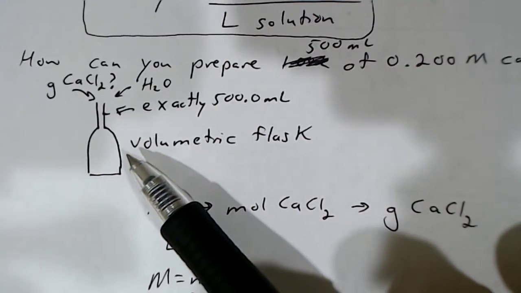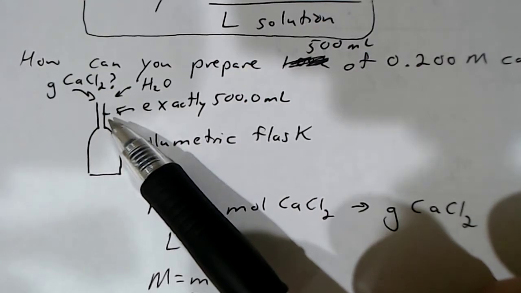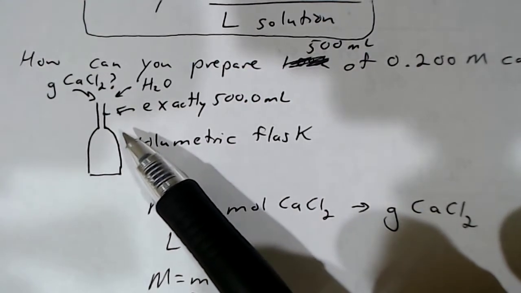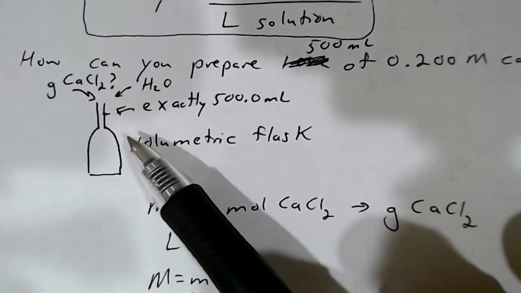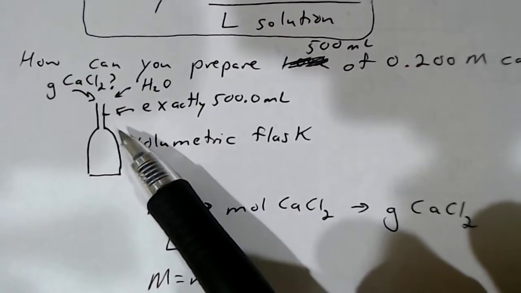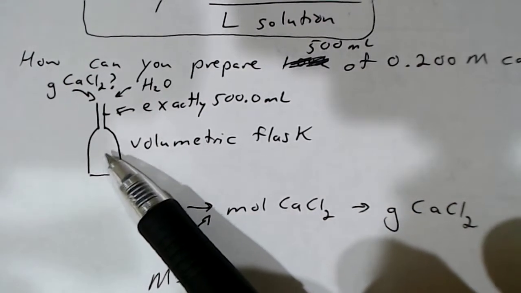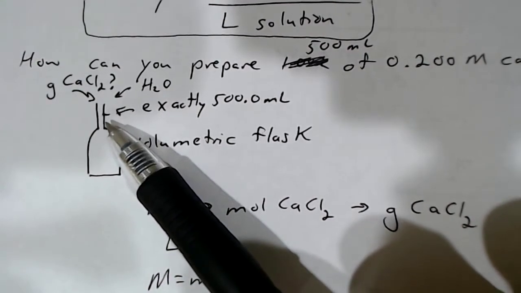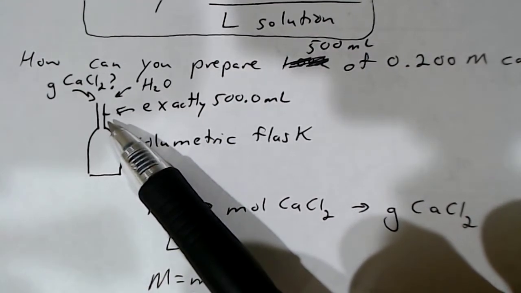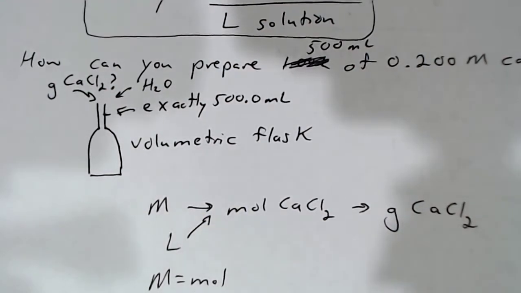So for a 500 milliliter volumetric flask, if you fill right to that line, you will have 500 milliliters of solution. Okay, so if you want to make 500 mL of solution, maybe you'll use a 500 mL volumetric flask, and you'll add some calcium chloride to it, and then fill to the 500 mL line with some distilled water. So really now the question is, how many grams of calcium chloride do you need? Well,